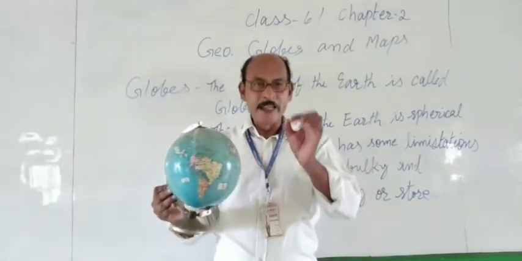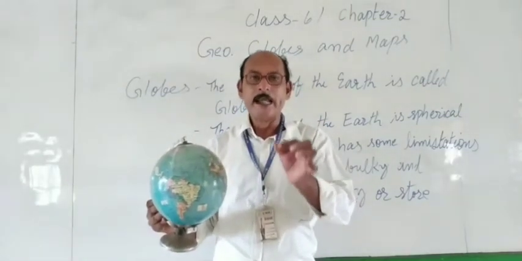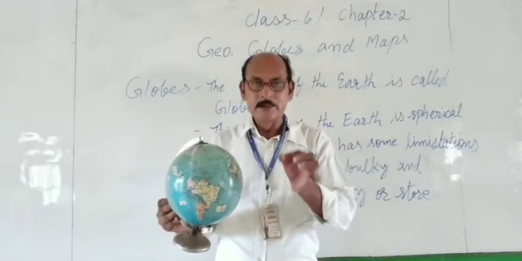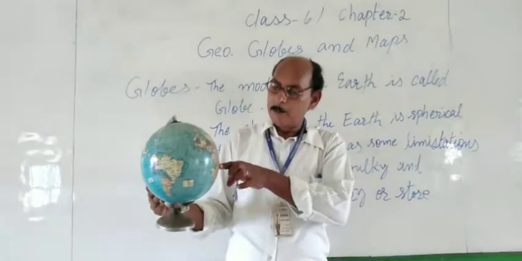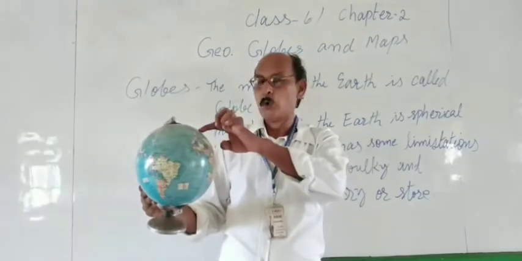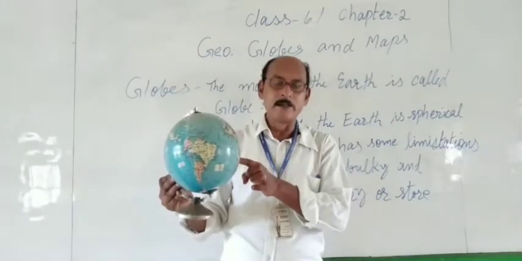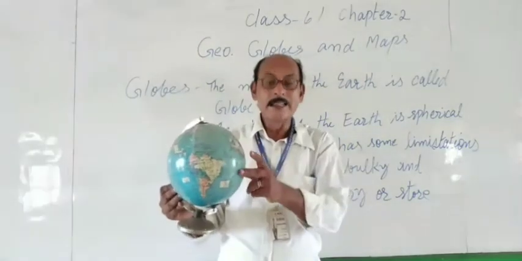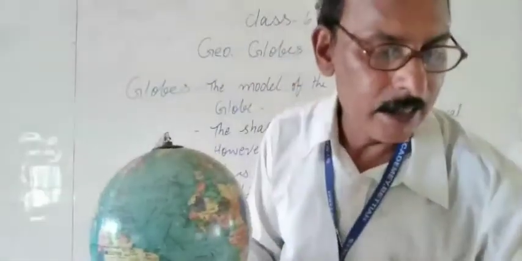And you know that a very important imaginary line that runs from east to west is called the equator. The equator divides the globe into two parts, the northern hemisphere and the southern hemisphere. This is the middle part, the equator. This is very important. This is flattened, and this is the equatorial area. This is bulky, that means it has been stretched.